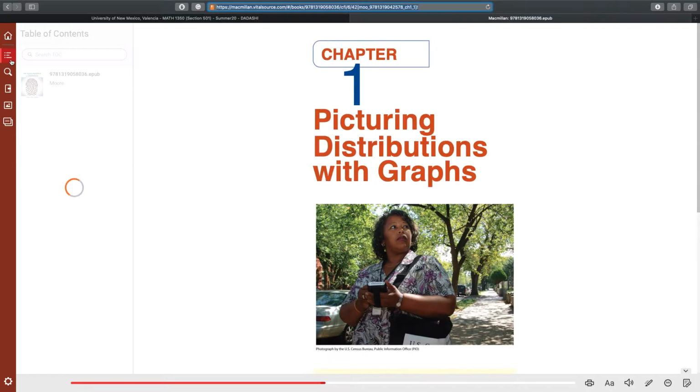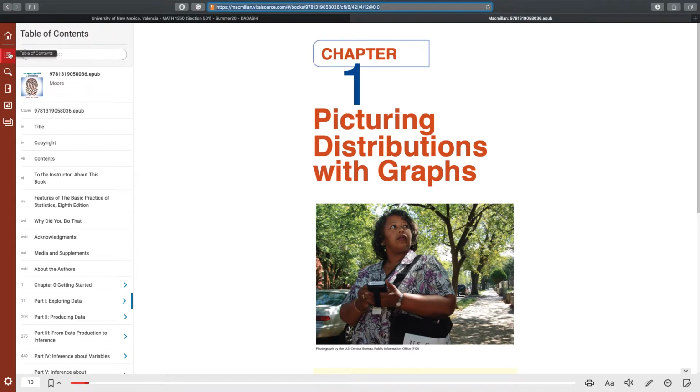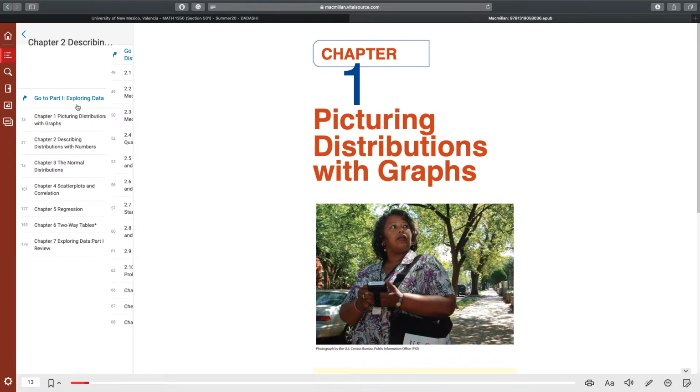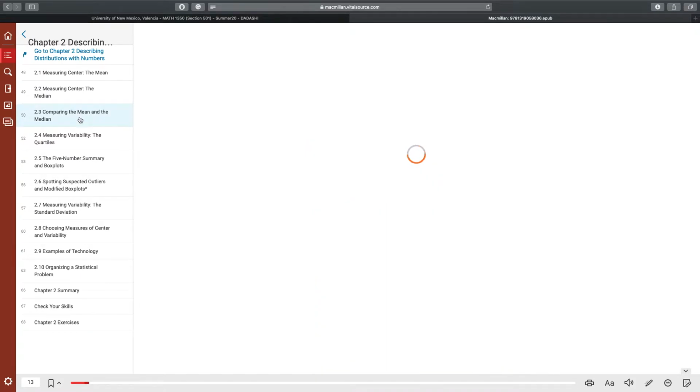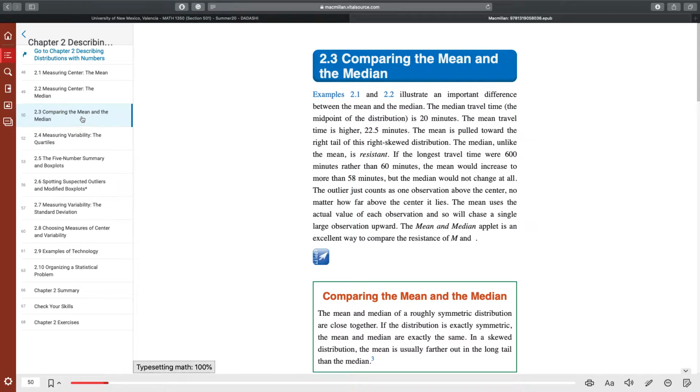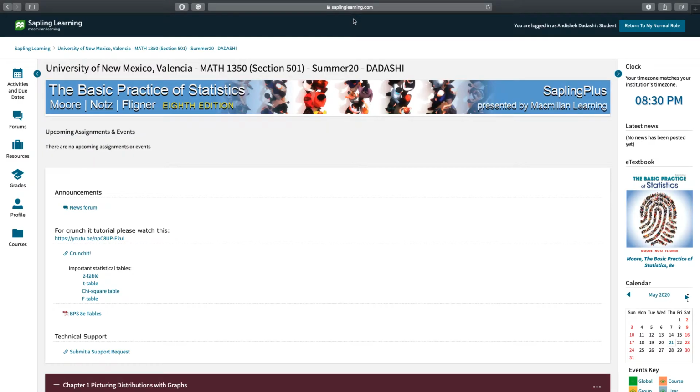On the right side, you will see the ebook. If you click on this, it opens a new tab and shows you the ebook. If you click on this option, table of contents, it opens the table of contents and you can choose different parts of the book, different chapters, different sections. And in this way, you're able to read the ebook. Okay, go back to the